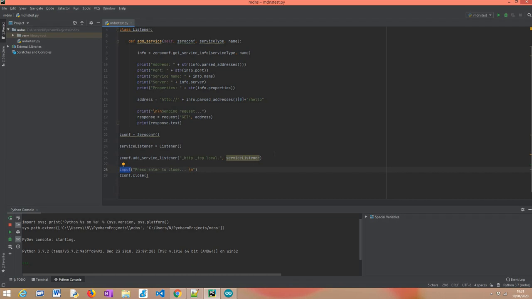But again, since we have our threads running in the background doing the mDNS queries, our code will still work as expected. After the user presses enter, we'll assume that the user wants to close the program, and then we call this close method on our zeroconf object that ends all the background threads and makes sure that the zeroconf instance over which we call the close method doesn't do any more mDNS queries.